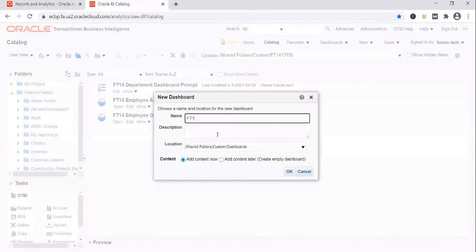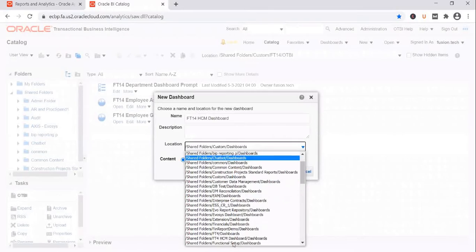We call it FT14 HCM dashboard. By default, whenever you create a dashboard, the BI server will try to place it in the dashboards folder in the root folder. So it's trying to place this dashboard under the dashboards folder in the custom folder. But I don't want to do that. Instead, I want to place it within the folder itself so that if you want to refer to what we have built, it will be easy to locate.